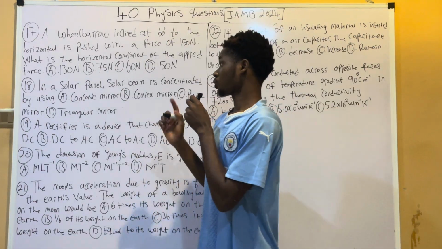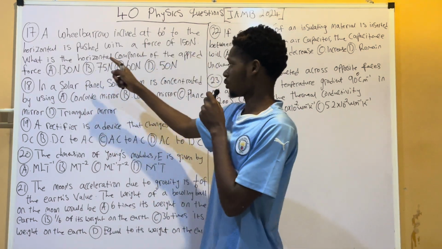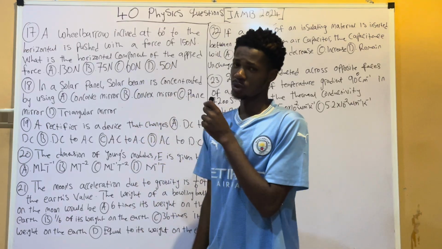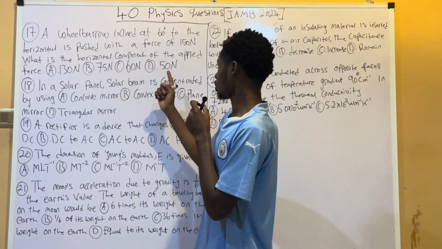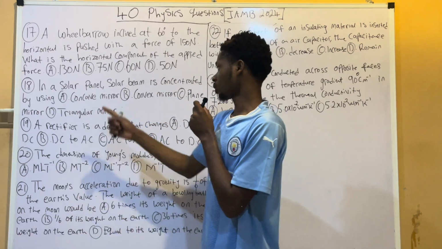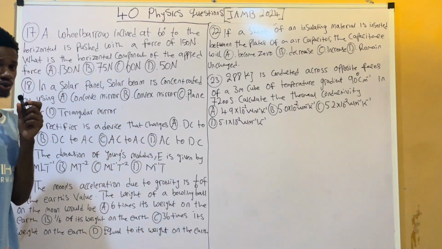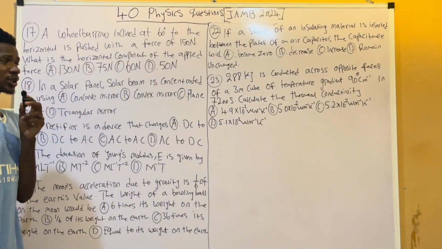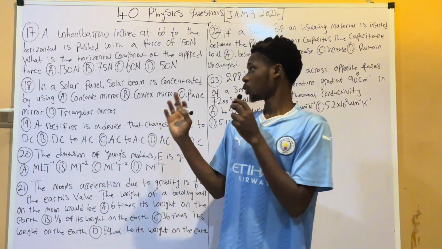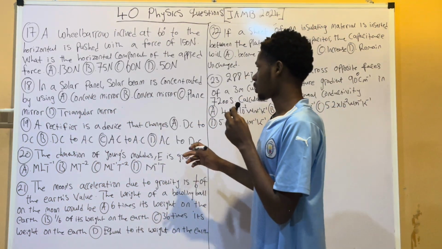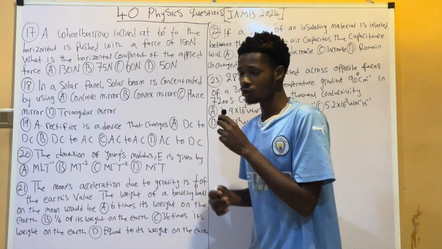Okay, question 17 says, a wheelbarrow inclined at 60 degrees to the horizontal is pushed with a force of 150 newtons. What is the horizontal component of the applied force? Now there are options here. The question is quite straight. What we want to do first of all is to draw a free body diagram. A free body diagram is a diagram that shows what the question is describing, okay? So it's like we are drawing a force along an inclined plane, and we have to find the horizontal